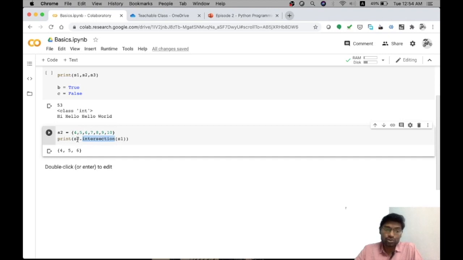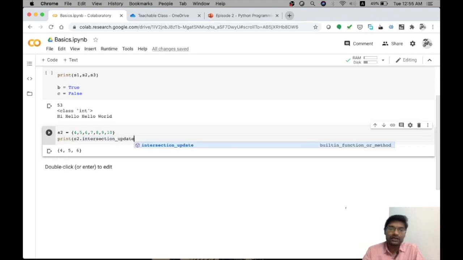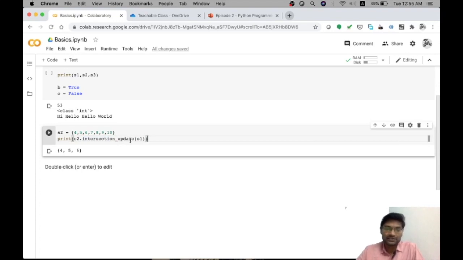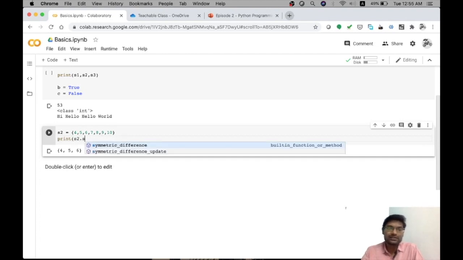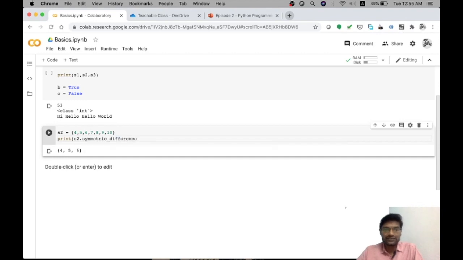If I want S2 to be updated with the intersection result, then I should give intersection_update. The command should be positioned like this. There is no other explanation; it is the same as difference_update. So I'll go to the next command, called symmetric difference.